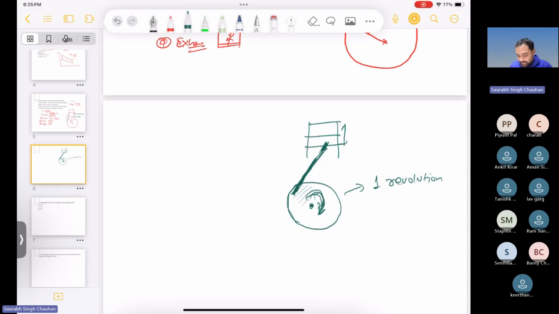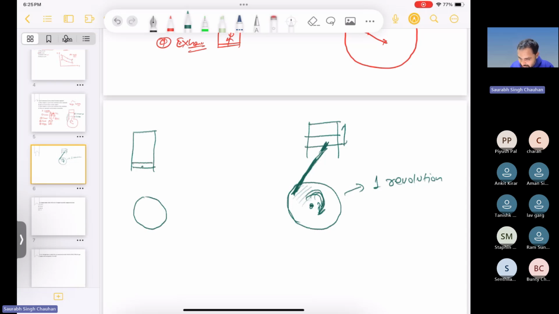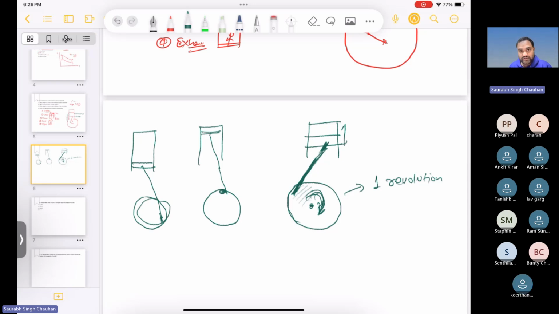I will make it clearer. When the piston is near BDC, the shaft will be somewhere here, correct? And when the piston is near TDC, this will be at the upper portion. So this is going up and down. The piston is reciprocating. So when this shaft completes one rotation, the piston has completed two strokes, right?